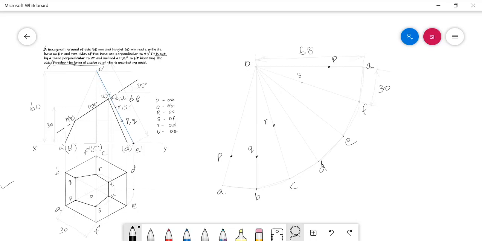And the cut point T and U distances can be measured from O dash to T and U in the true slant length line, and then mark them in OD and OE respectively. In OD, point T, in OE, point U.